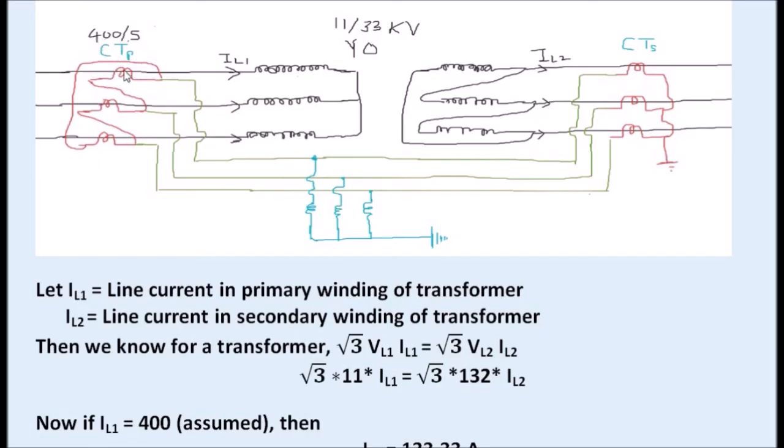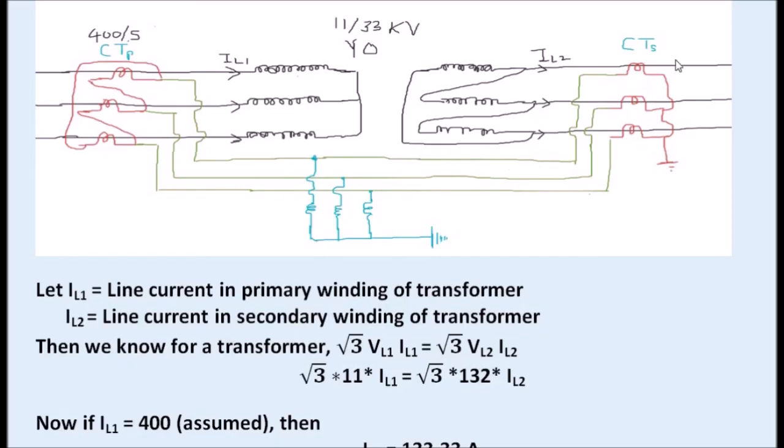Now as these CTs on the primary side, the low voltage side, are connected in delta, if 400 ampere flows in the primary of this CT, then 5 ampere current flows in the secondary of this CT, but as these are delta connected, the current in the line will be 5 into root 3. 5 into root 3 will flow in the pilot. So in order to have the same current in the remaining pilot wire, the same 5 root 3 ampere current will flow through this pilot wire.